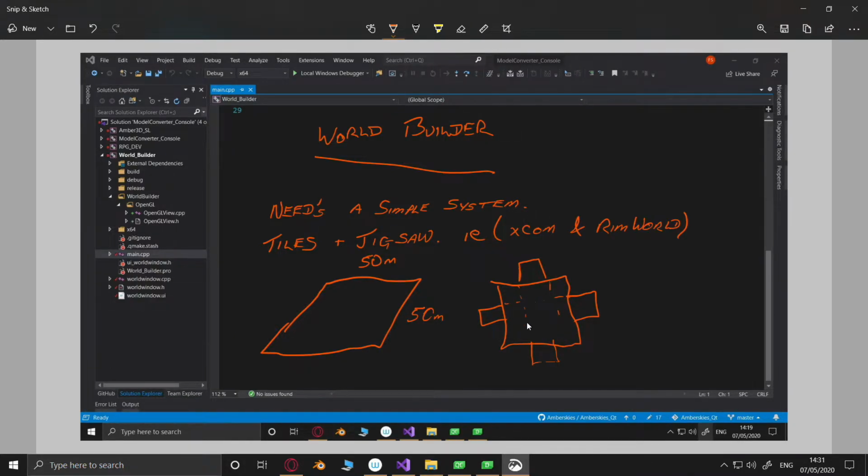So you can see how our tiles are laid out. There you go. That's a 50, a 50, a 50, a 50, a 50, a 50. All of these are just one set tile. Now what's on the tile? Don't know. That's what the world builder will be designing.